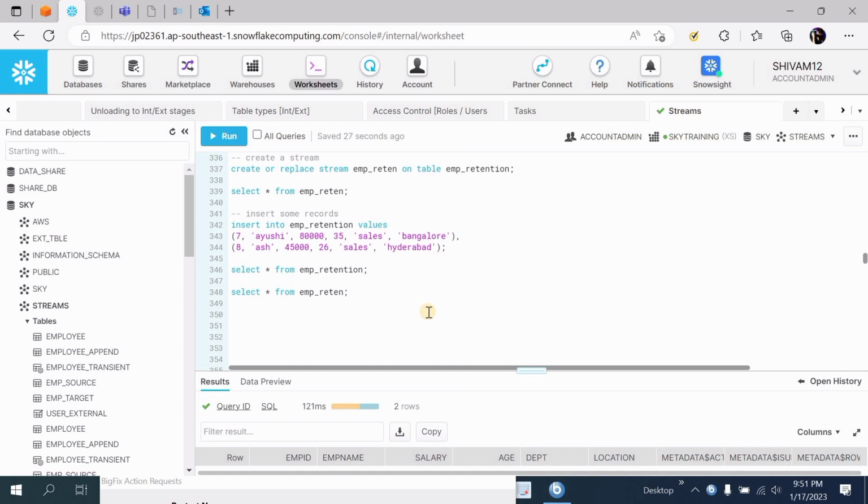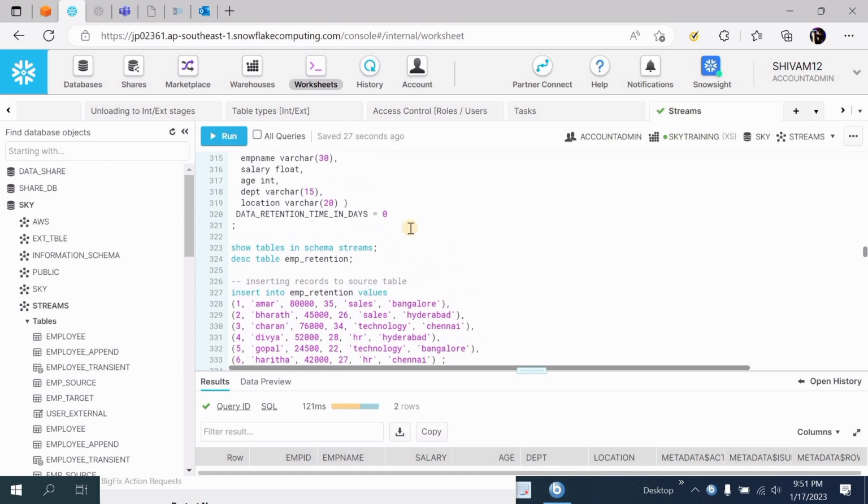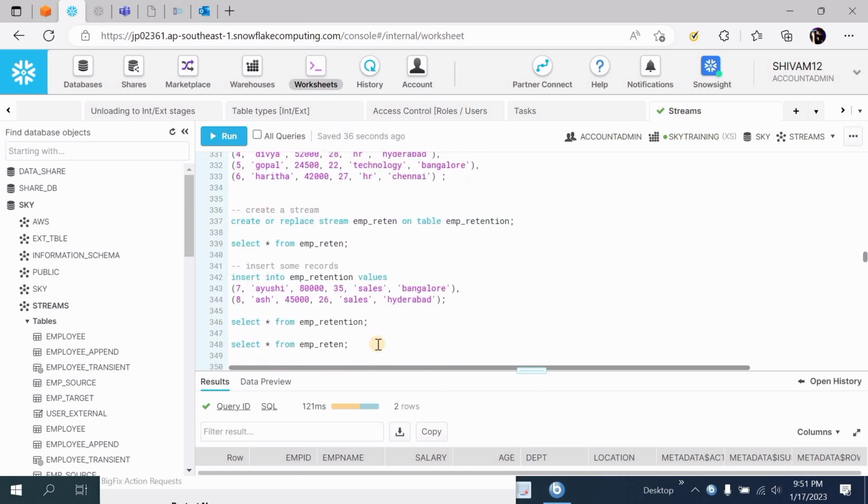So it is clear now that if you put the retention period of any table to 0 days, your stream will still capture the data and show it to you, because the stream already has a retention period of 14 days.